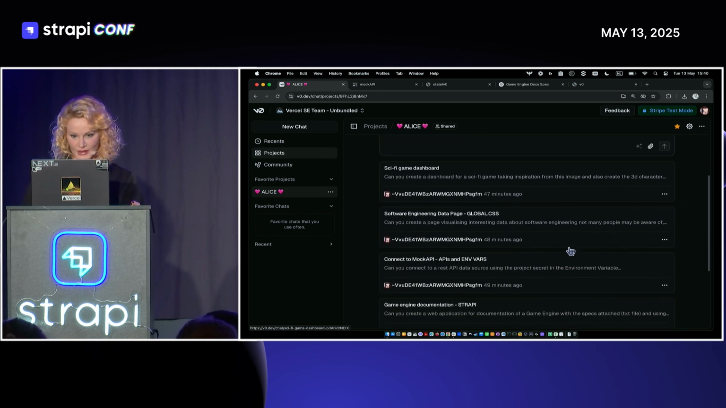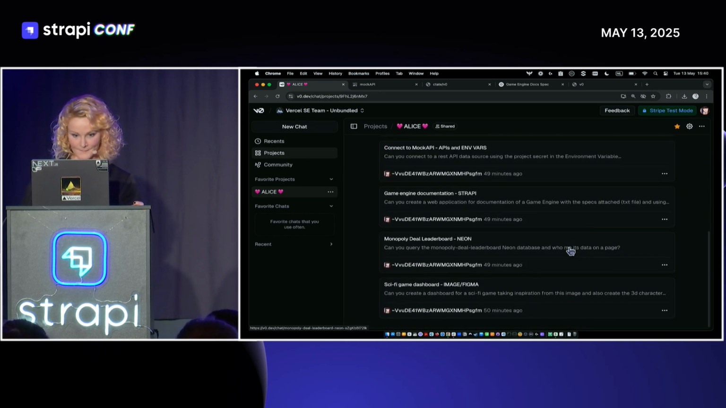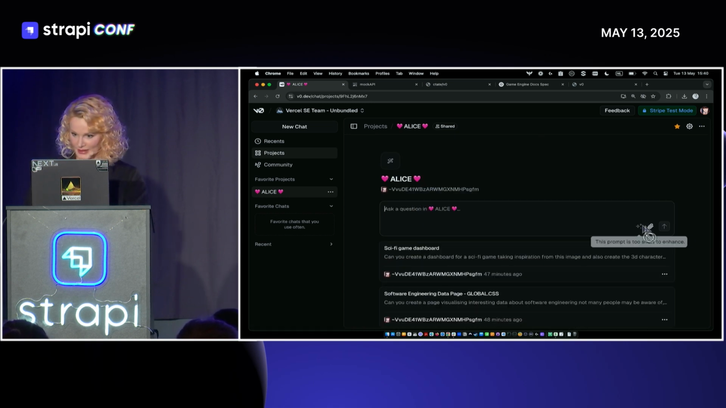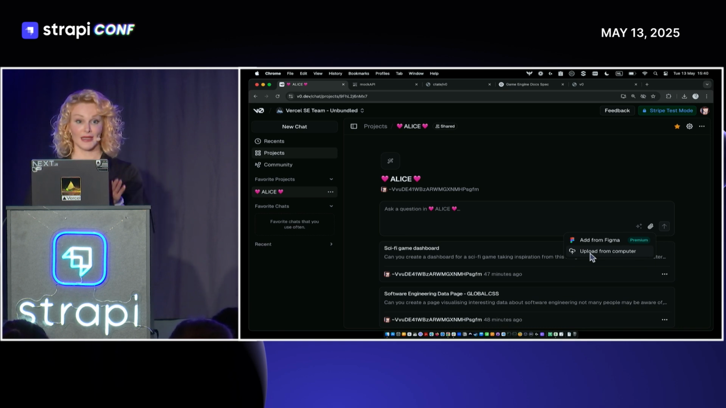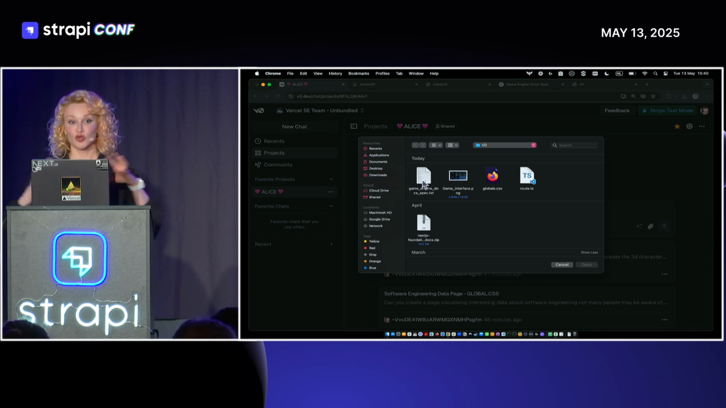Let me see if I can reuse anything. No, let's go from scratch. So I can upload from my computer, and I can upload a code base or single files. It could be TXT and so on. At this very moment, I want to show you a game engine. So I want documentation. So basically, I'm going to create the documentation from a game engine, which are very complex,